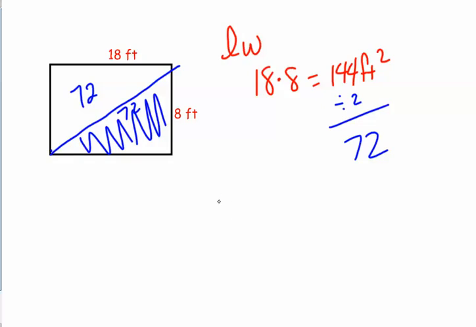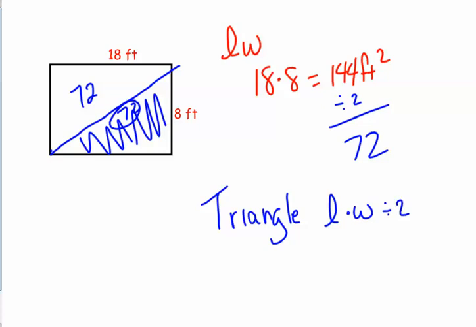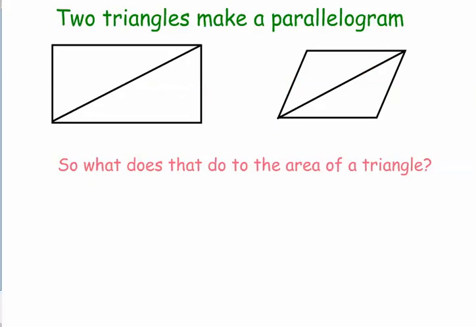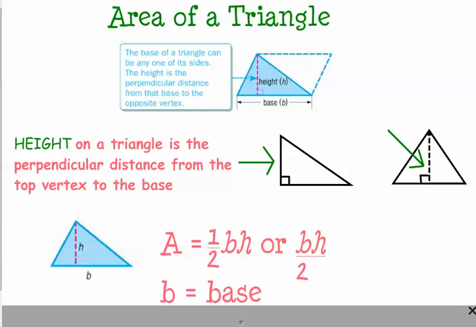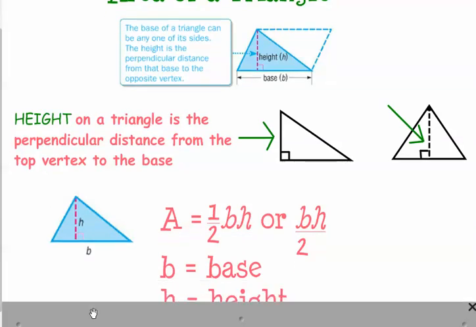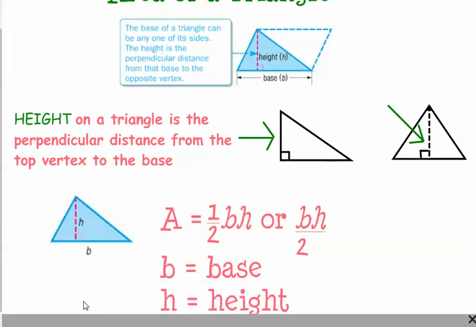So can you try to figure out what the formula for the area of a triangle would be? What did I just do there? Because I actually found the area of that triangle. Didn't I go length times width and I divided it by 2? So that's what my triangle is, guys. So because two triangles make up a parallelogram or a rectangle there, we're going to come down here. The formula for a triangle is,